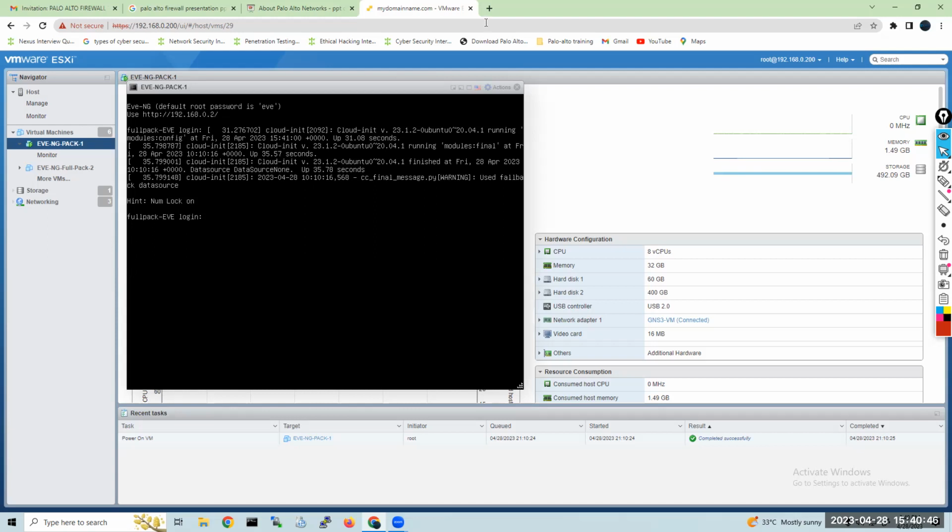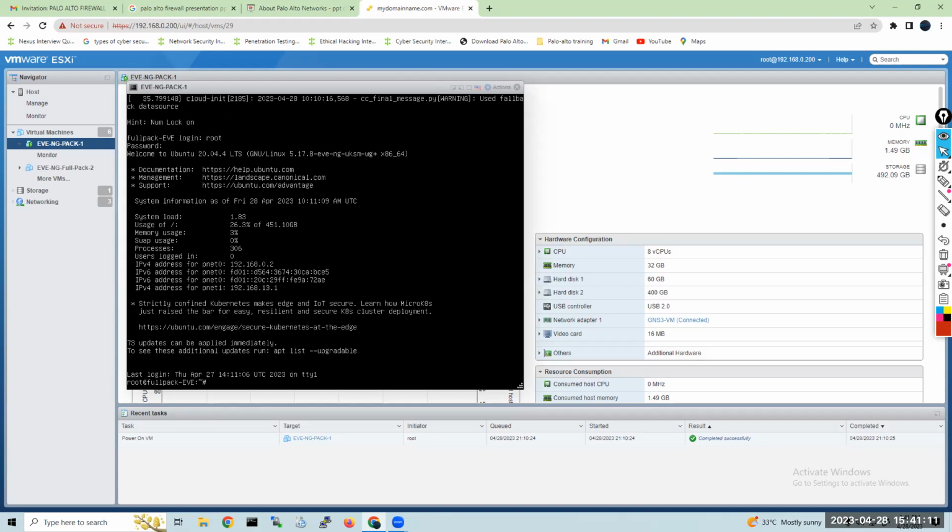Okay, so what I will do, guys, let me explain this. My server IP address is 192.168.0.200. I have loaded EVE-NG. The default username and password is the same for all, guys. Even if you install it on your laptop or server, the username and password are root and eve.